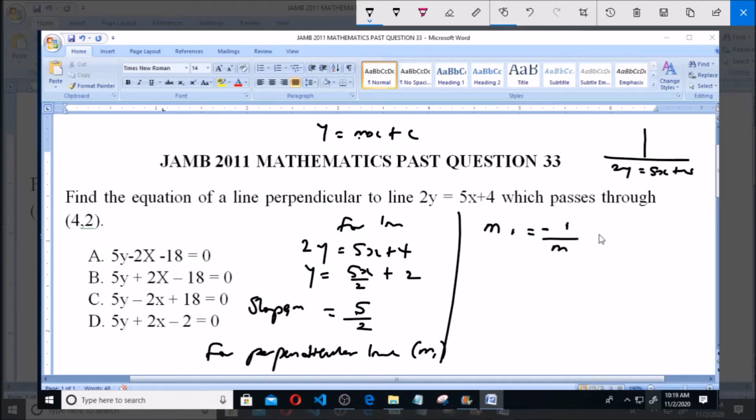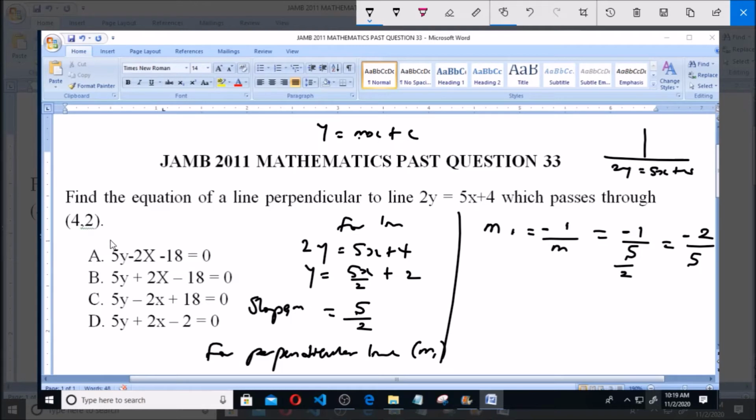So we can simply say that this is equals to minus 1 all over 5 all over 2. And this is equals to minus 2 over 5. So now this is the slope of the perpendicular line. Remember the question said we should find the equation of the perpendicular line. Now the perpendicular line is passing through the point